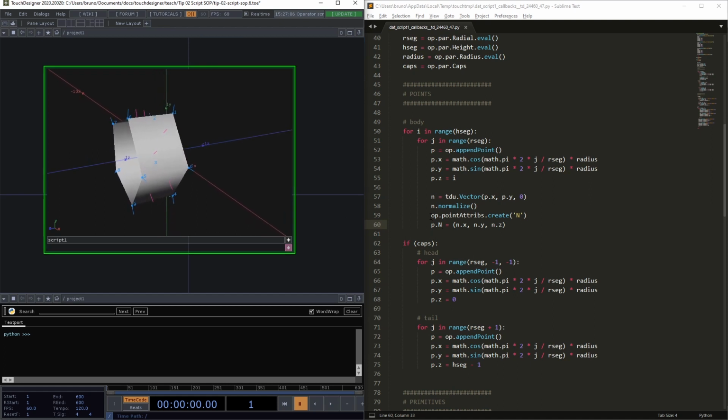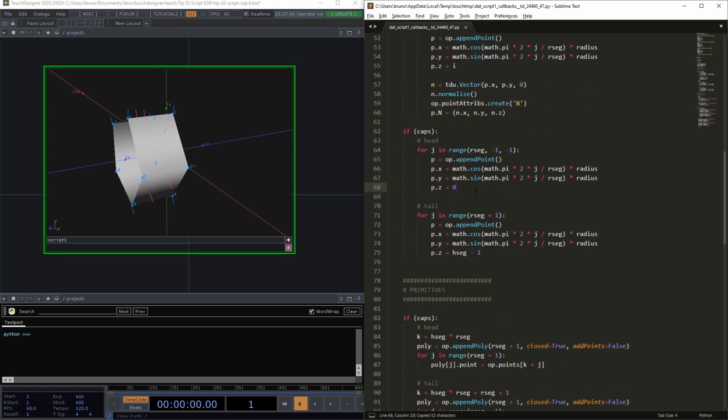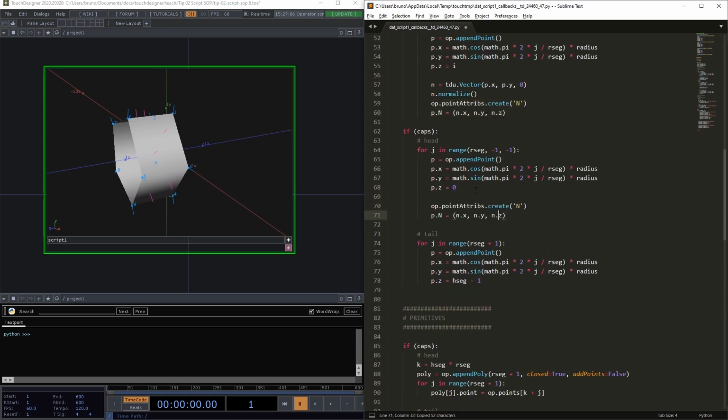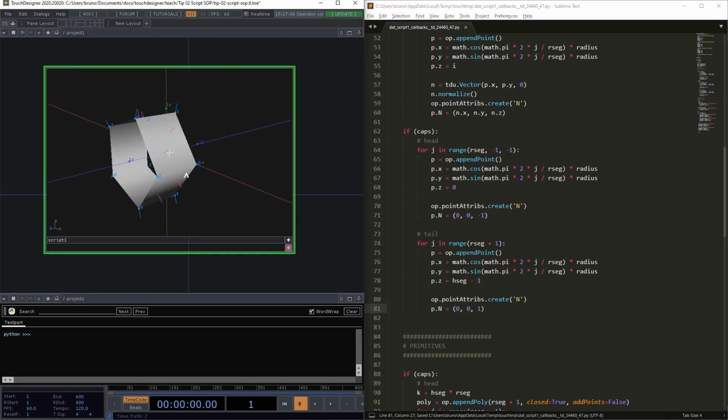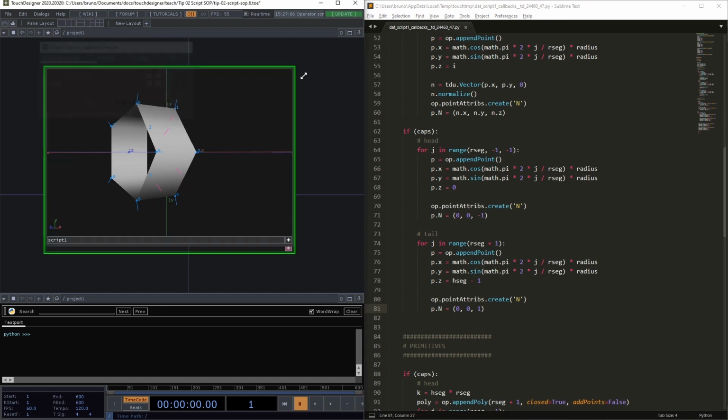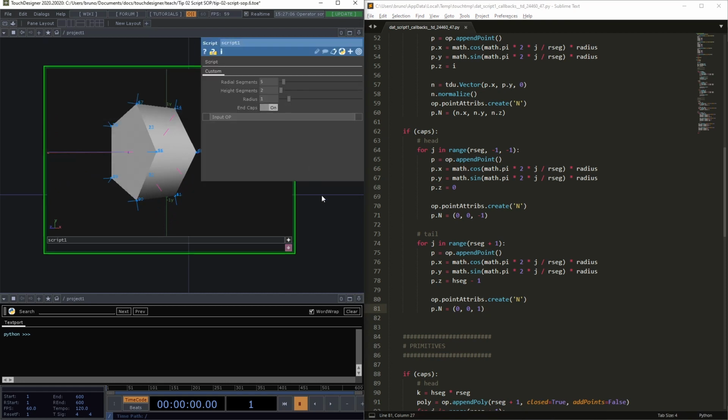For head and tail, it's a bit simpler. We can just copy these two lines here because it's much easier to calculate their normals. For the head, normal is going to be 0, 0, minus 1. For tail, 0, 0, and 1. So save that, and we can see we have normals for all of our points,